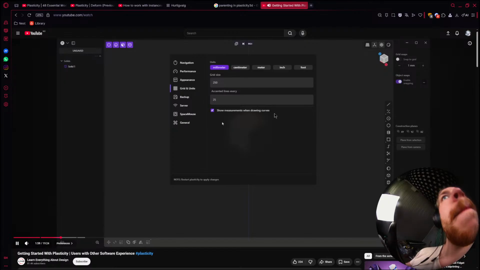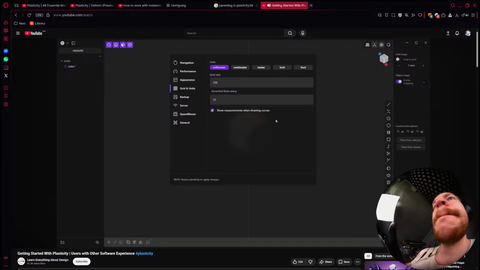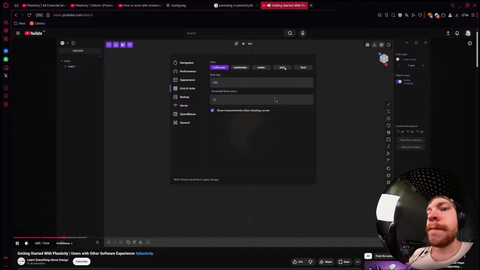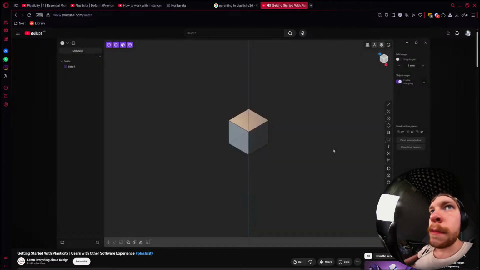Because if I'm designing something for 3D printing, I want to have a rough idea of my build volume or my build plate size. And if I'm doing things like a concept car like we did our series on, I'll generally go to the inch unit system just because it's easier for things like tire size and wheelbase for me, just based on the way that I work. But make sure that you look at least that once you get started modeling. It's not going to matter for this video, but it is important in general. So now that we've got that out of the way,